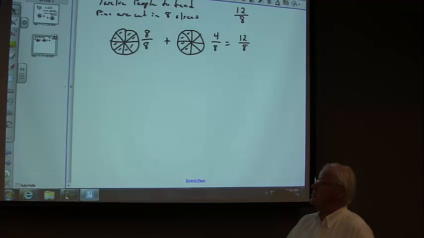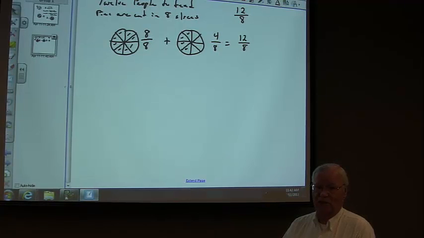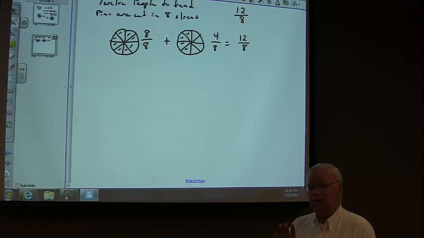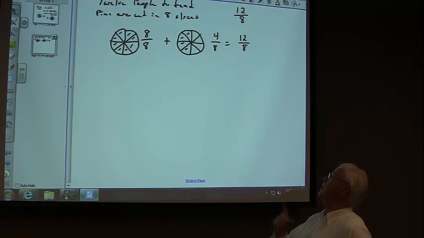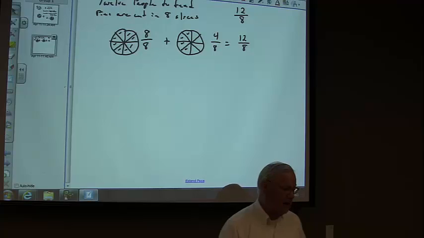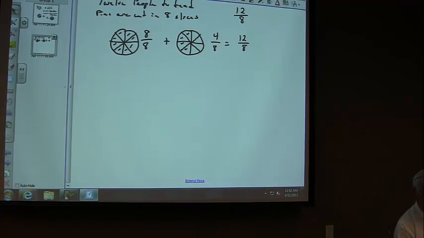I think what causes a lot of trouble is we see a fraction and we freeze. We say, what is that? If you can see it in your mind, it begins to give you the tool you need to start working with it. Now, 12/8. Somebody will say, well, you can reduce that. Well, can I reduce that? Yes, because 12/8 is really